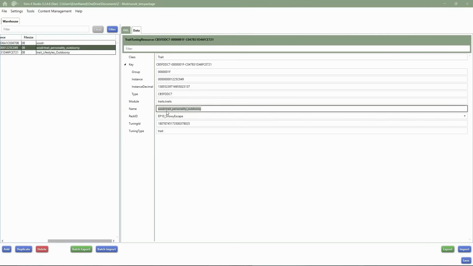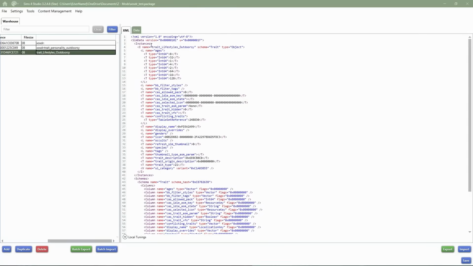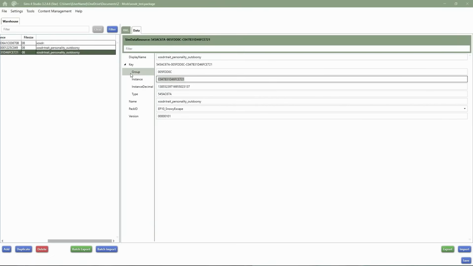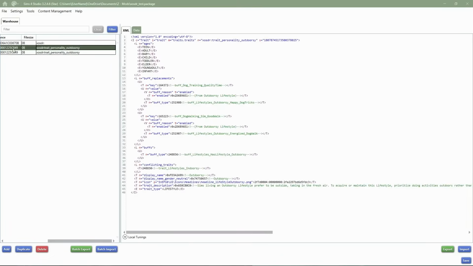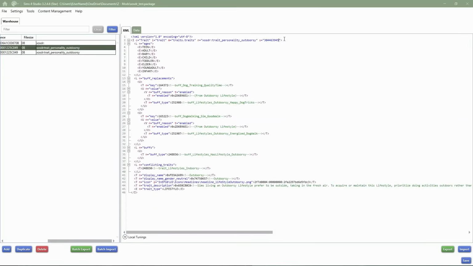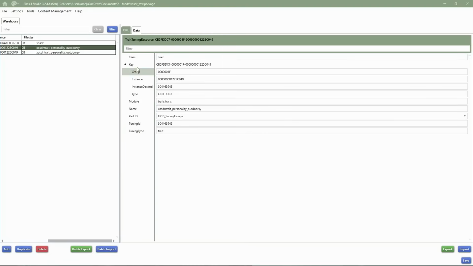For now, I'm taking the name over here. Make sure to paste that over there so it has the same name. Then I'm taking the instance and paste it in the instance type so they are exactly the same instance. And then all that's left to do is take the tuning ID and place it in here. So now we have changed this to a 32-bit instance,